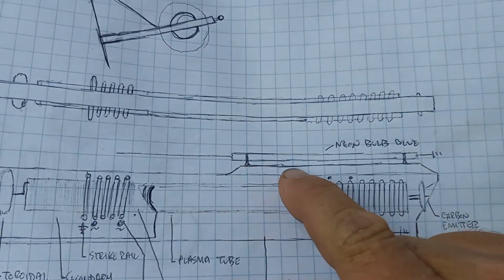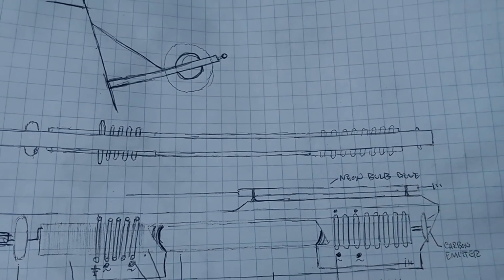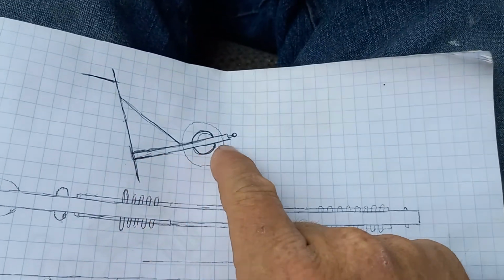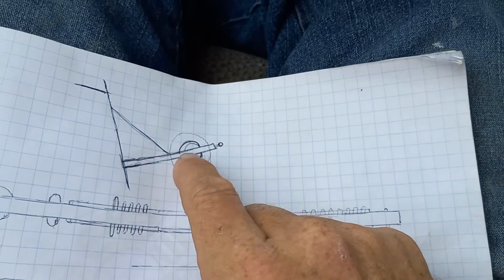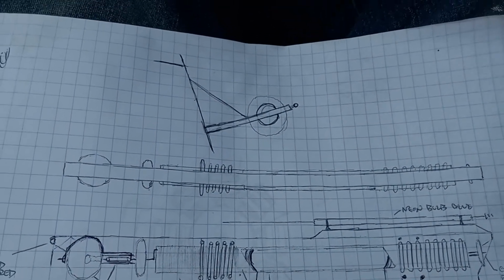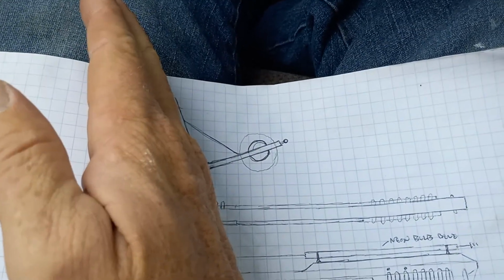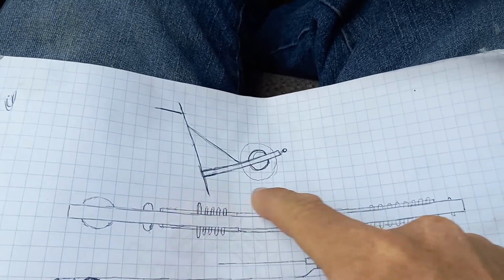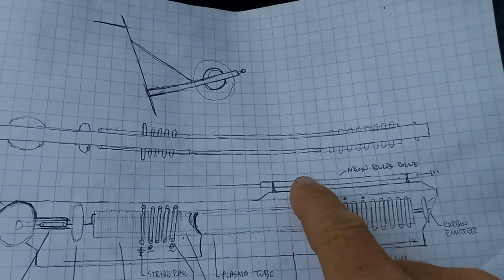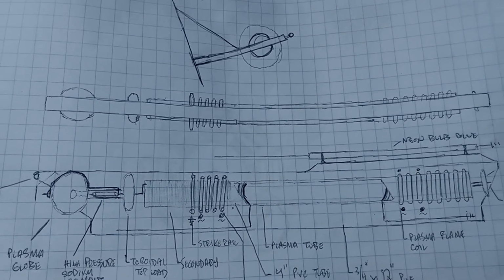And on top, in the center of this part here, it would run in the center of the housing, which is not really a housing, it's more just a chassis or whatever, like a wing. Like this is a side view, and that's the wing. And then the pipe runs down the center and it'll be braced off. So it'll sort of look like a wing going down the road. That'd be like a top view of it, a side view. It'd be sticking 90 degrees out from this angle, so it'll have a little bit of an angle to parallel to the ground. But yeah, this bulb up here is also a blue neon bulb, a blue neon,